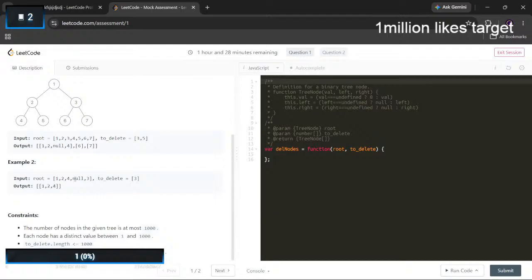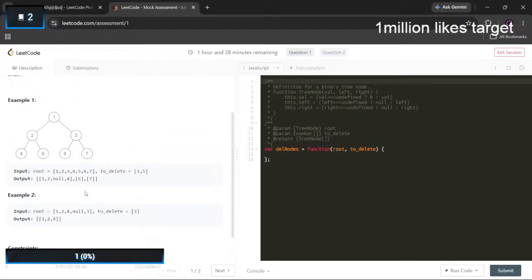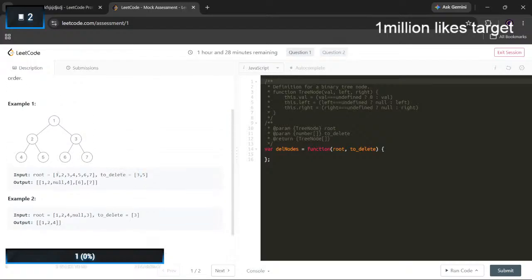Delete as 3. 0 and 3 and 5. 0, 1, 2, 3, 5. But 6 and 7 are there. Then why did my 5 not get deleted, bro?